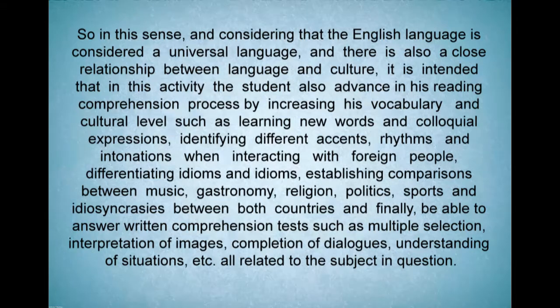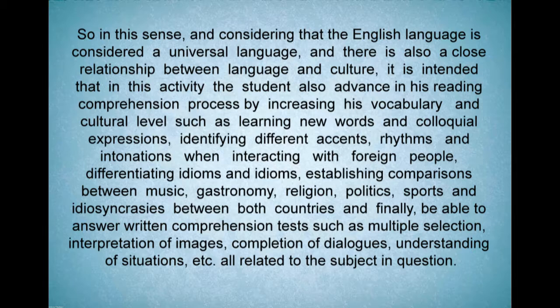So, in this sense, and considering that the English language is considered a universal language, and there is also a close relationship between language and culture, it is intended that in this activity the student also advance in his reading comprehension process by increasing his vocabulary and cultural level, such as learning new words and colloquial expressions, identifying different accents, rhythms and intonations when interacting with foreign people, differentiating idioms, establishing comparisons between music, gastronomy, religion, politics, sports, and idiosyncrasies